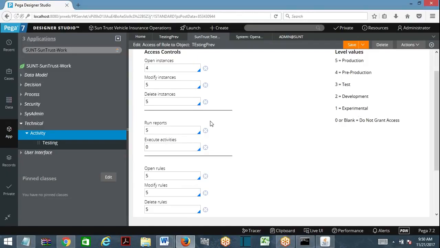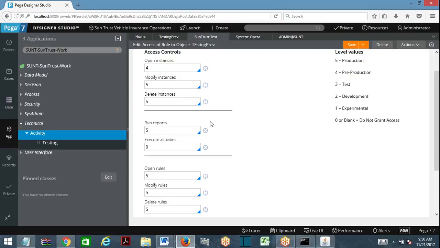Access role to object defining environment numbers. If you give 4, that means from environment 4 and below environments it will work. That is fine. See, I want to prevent the execution of the activities for environment 1, environment 4, environment 5, but 2, 3 it has to execute.